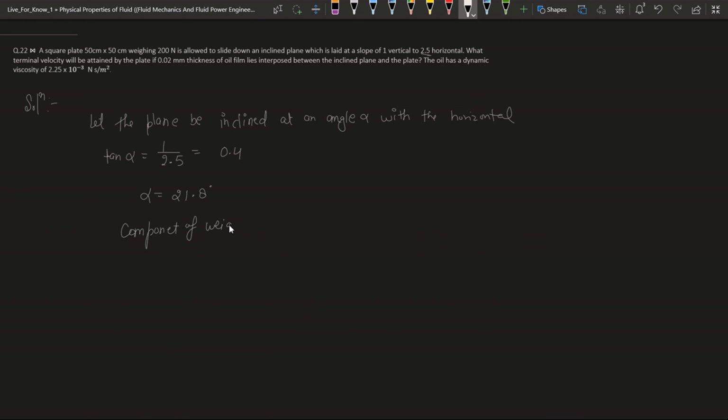I will write all the theoretical part also, because it is easy for you to understand these things. The component of the weight of the plate along the plane is equal to W sin alpha. We also used that formula before in the last question. So, assuming a linear velocity profile in the oil film,